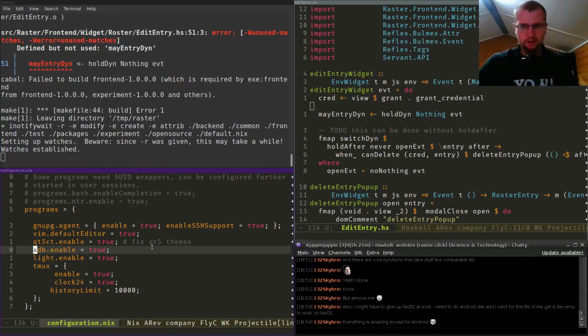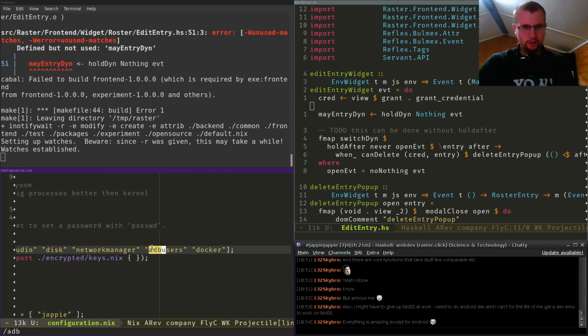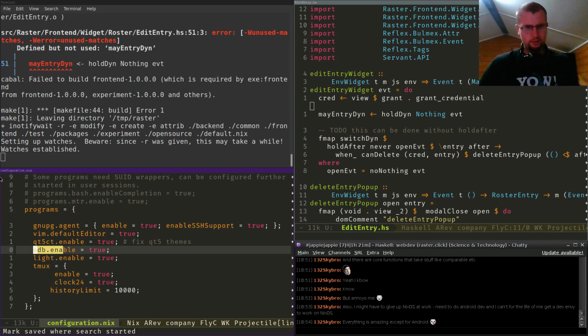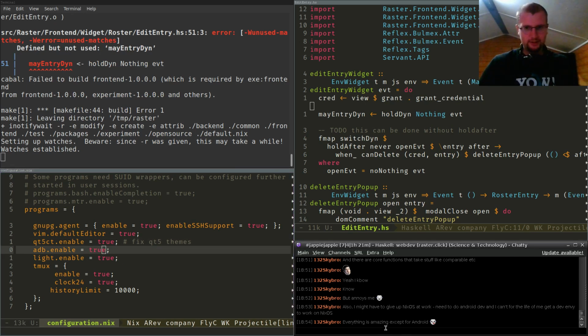Done. I use this laptop as a debugger for Android. Programs ADB enable. Are you sure? I'll copy it in chat. programs.adb.enable